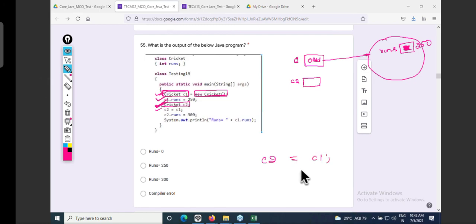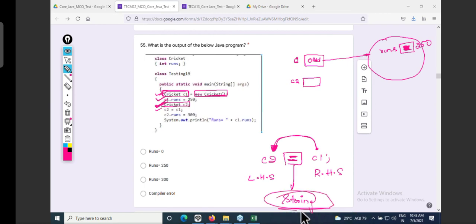C2 equal to C1. Always remember, first the right hand side is executed, then given to the left hand side. This is the golden rule in Java. Execution always happens from right hand side to the left hand side. You know this. Equal is used for storing.